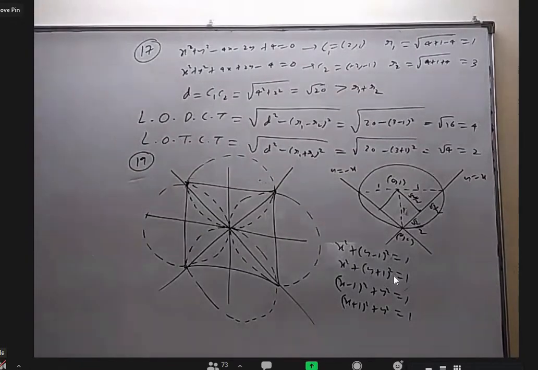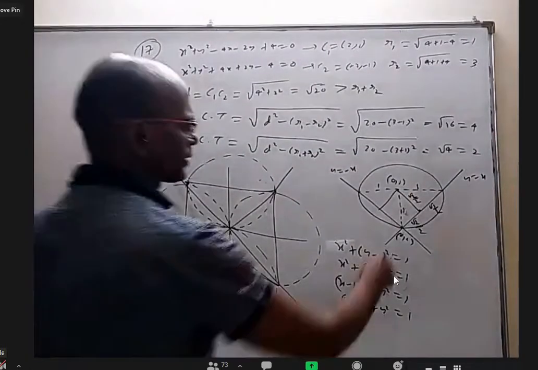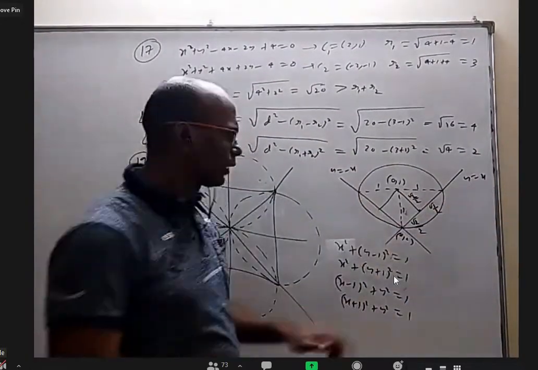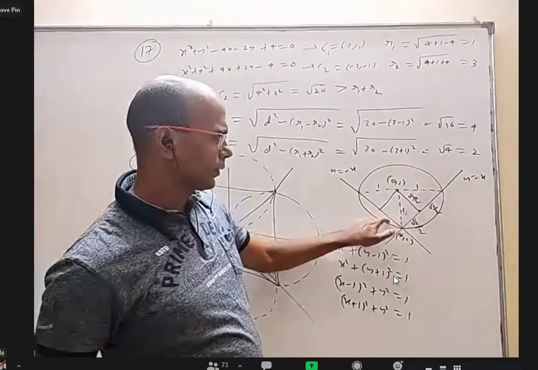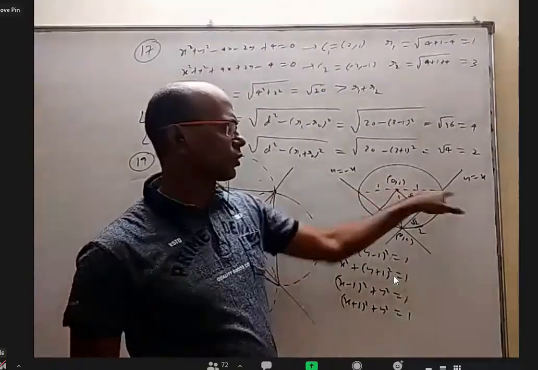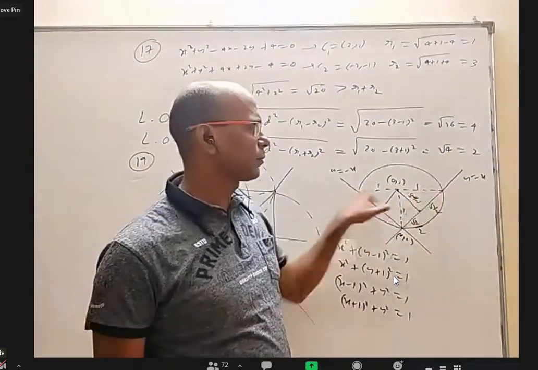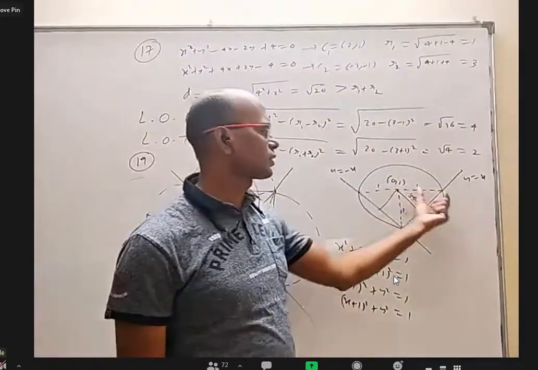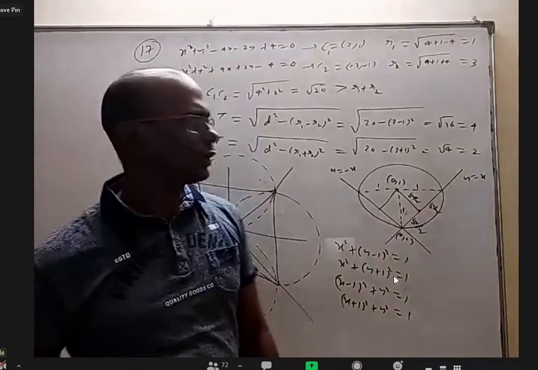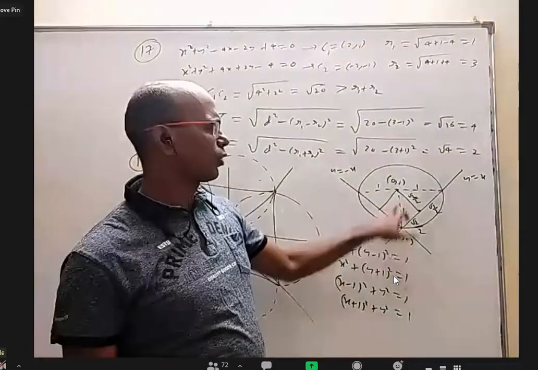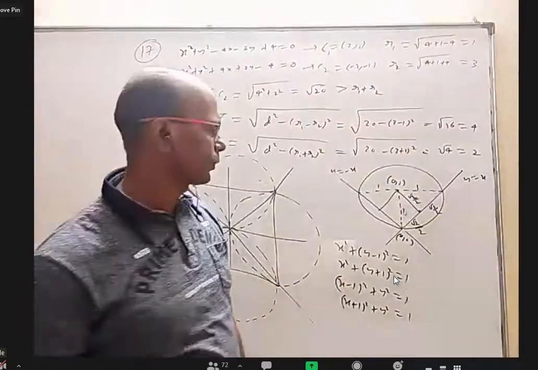So it should pass through origin and make an intercept of root 2 here, root 2 here. Because this angle is 90, these two points of intersection, when joined, should be the diameter. And if this is root 2, this is root 2, this length will be 2. And this is 1 unit, this is 1 unit, half of that, this is also 1 unit. You can easily see, because 1 unit above, the center should be 0, 1 and the radius should be 1.